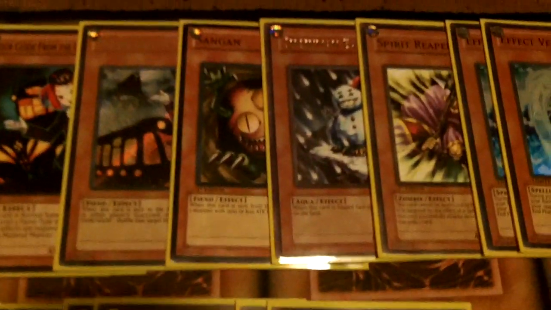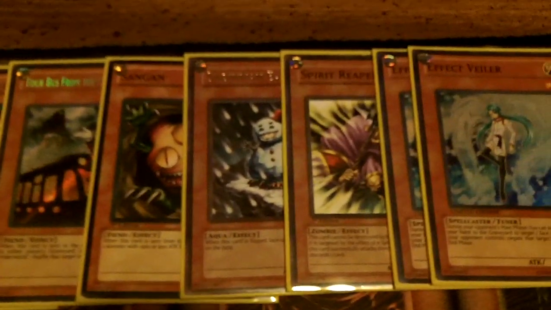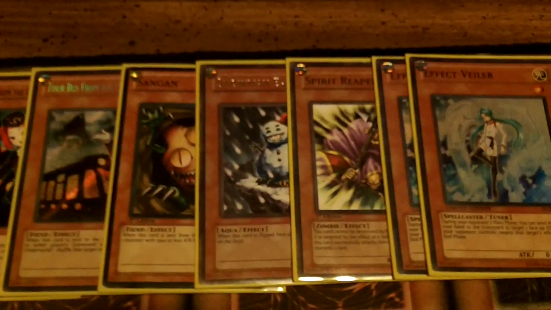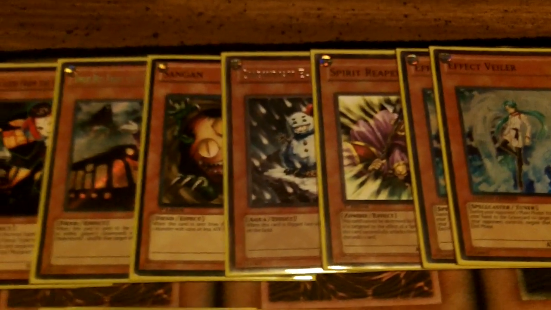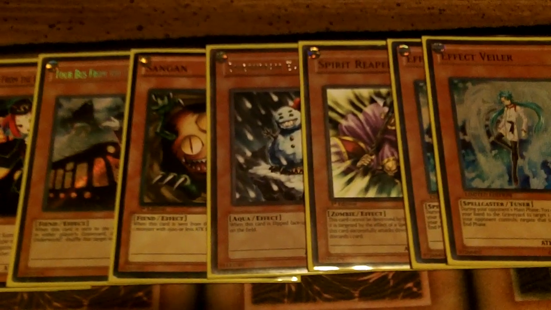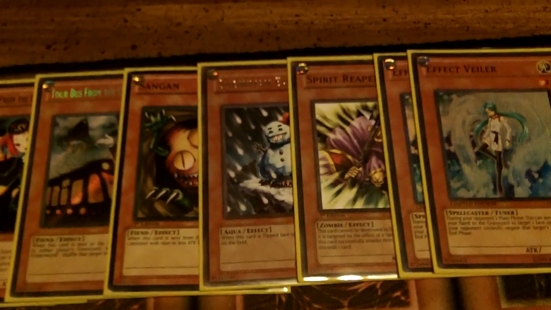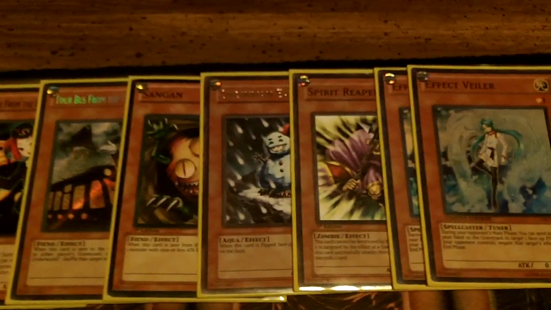Of course, Sangan. You got to have that guy for tour guides. Also, I've got Snowman Eater and Spirit Reaper. My big thoughts on those is I'm wanting to go with 2 of either Snowman Eater or Spirit Reaper, but they've both been testing really, really well, so I might just stay at 1 and 1. My thought is